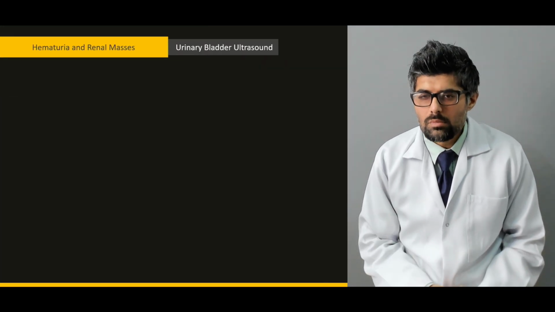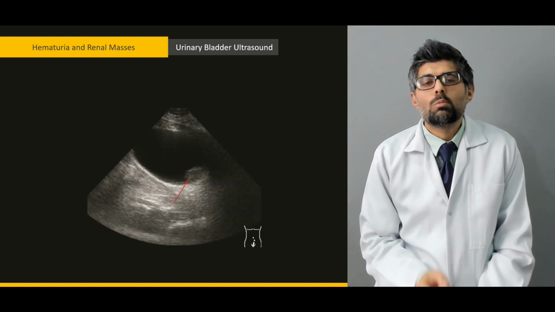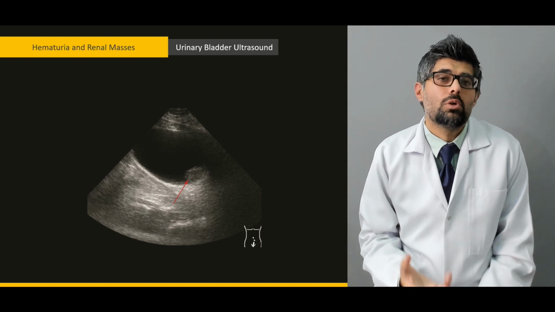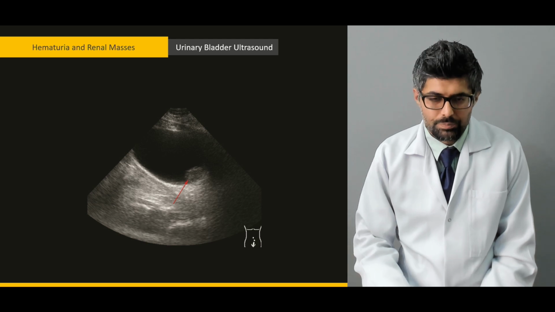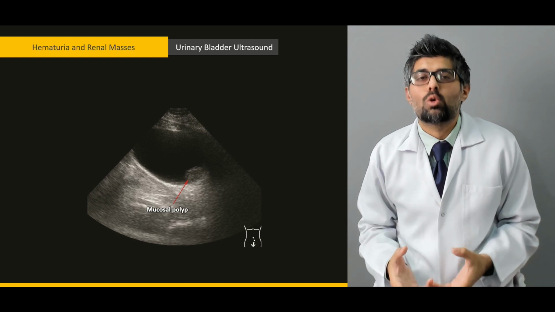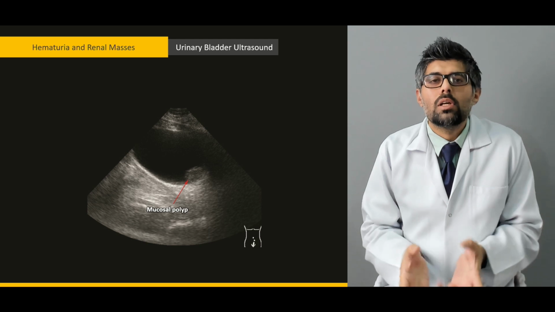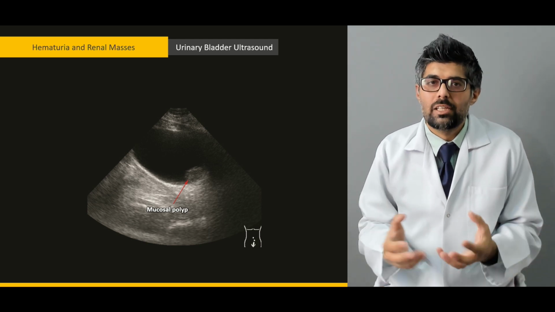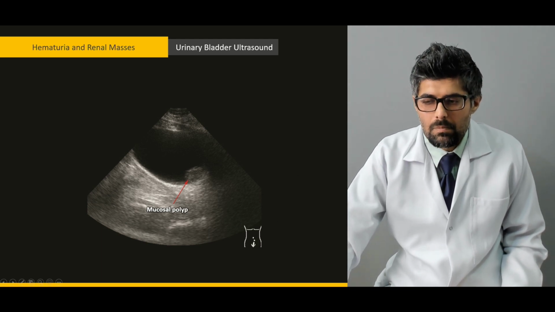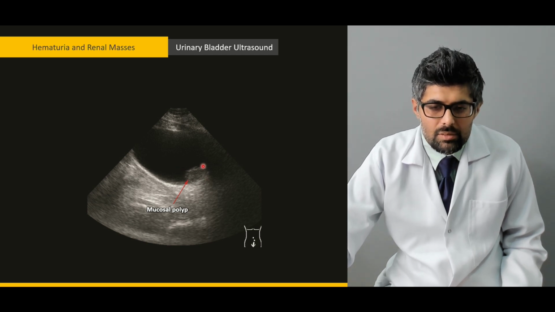Next is the urinary bladder ultrasound. Now, one of the most common filling defects that we find on ultrasound is a bladder polyp. Now, a polyp usually arises from the mucosa of the urinary bladder, and it is represented on the ultrasound image as a filling defect. Now, here you can easily make out the urinary bladder and the filling defect that is